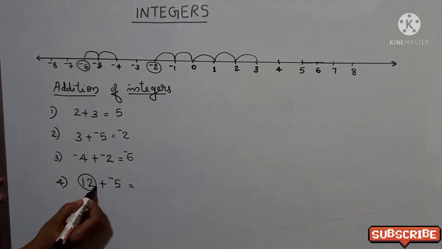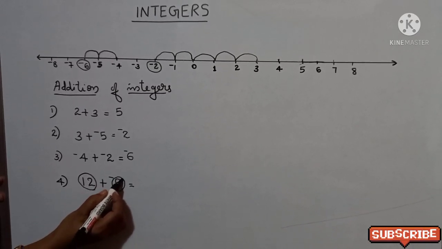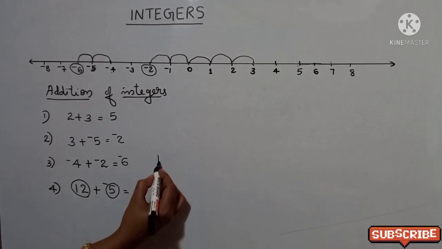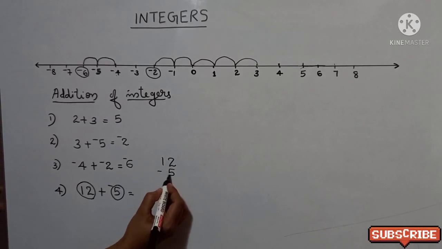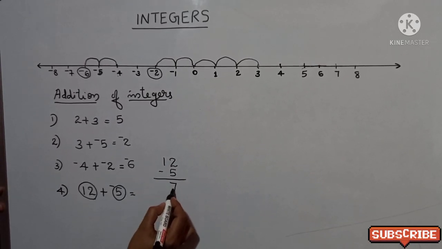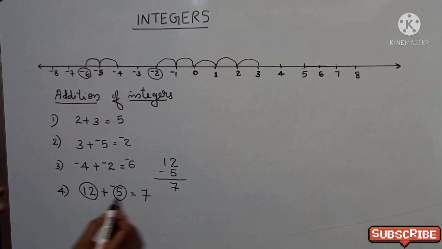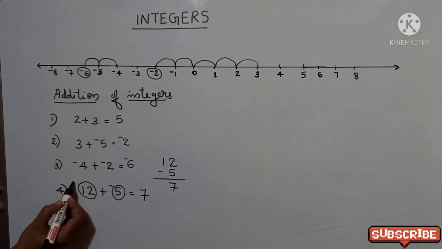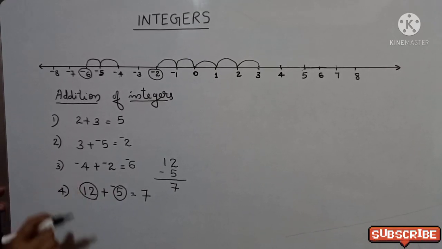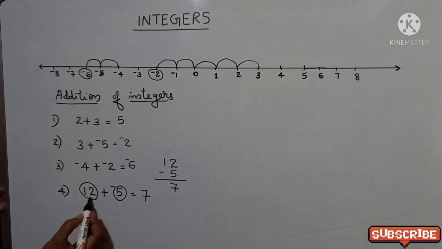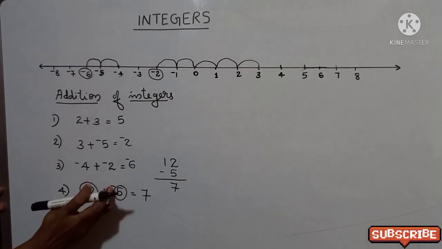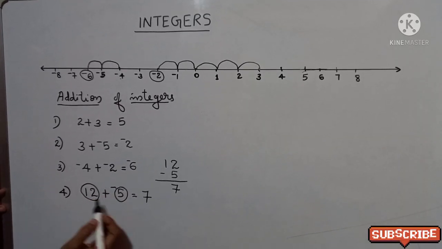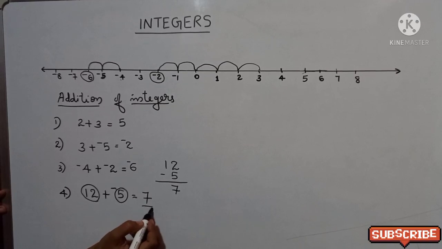Do not consider the sign first. Just think about 12 and 5. One is positive and one is negative, so do it this way: 12 minus 5. What is 12 minus 5? It is 7, and write 7 here. Then we have to look at the signs. Minus is here, and this is a positive integer; we are not putting plus here, it's positive. Which is the larger one among these, without looking at the sign, 5 and 12? The larger one is 12, and the larger one has the plus symbol itself. So the answer is plus 7.